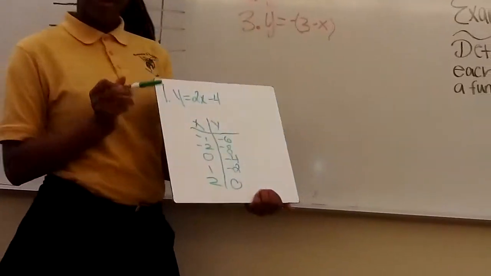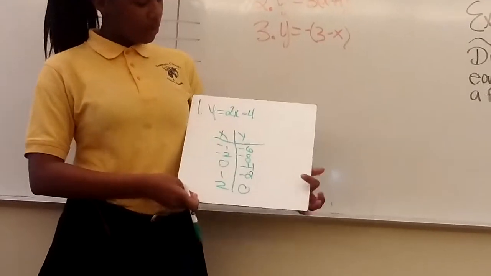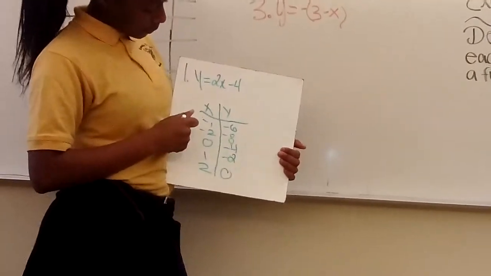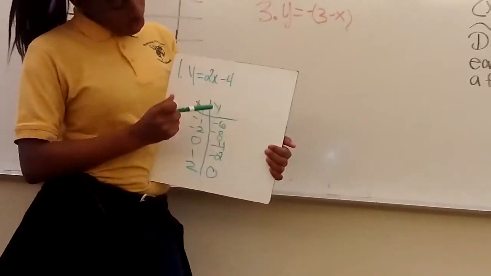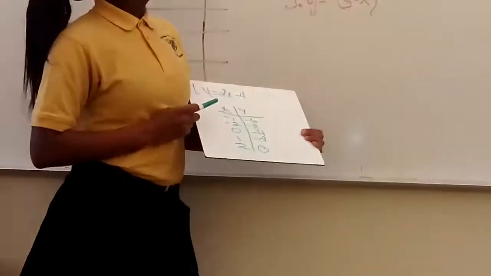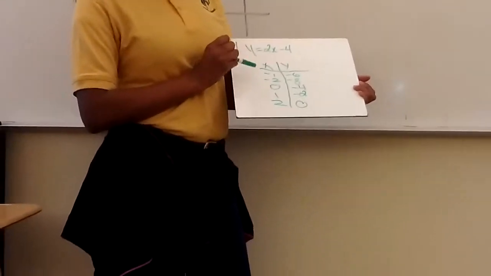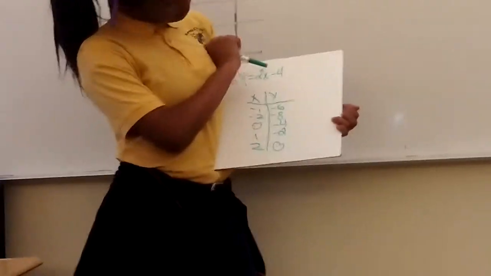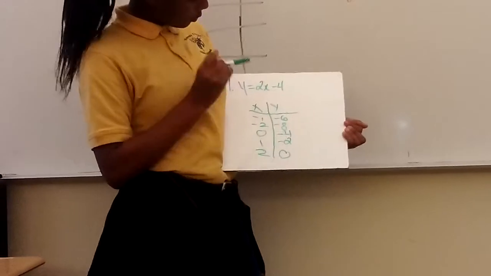Okay, so number 1, I did it for you. So you will have to make a chart. You put your x and your y, your x input and your y input, and you'll use -1, -2, 0, 1, and 2, and you will have to do